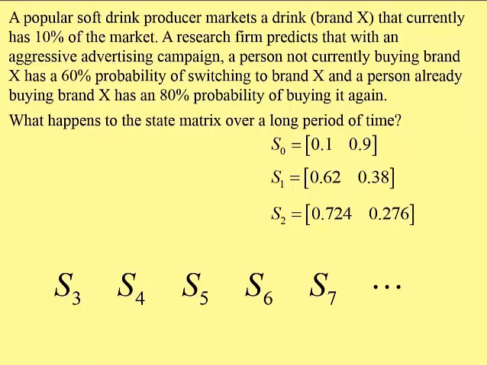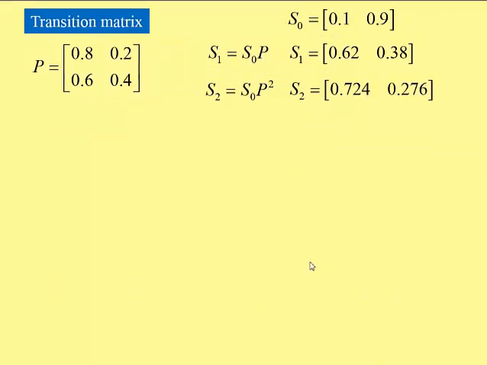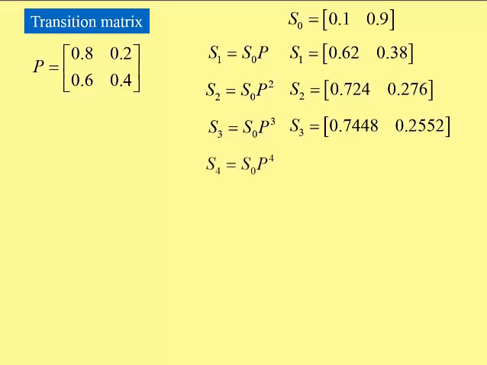If we continued on, the third state, fourth state, fifth state, sixth state, seventh state, and so on, what sort of trend would we see? Well, let's take a look at it. These are the ones that we just computed. If we did the third state, and again all of these are typed on the calculator, and the fourth state, and the fifth,